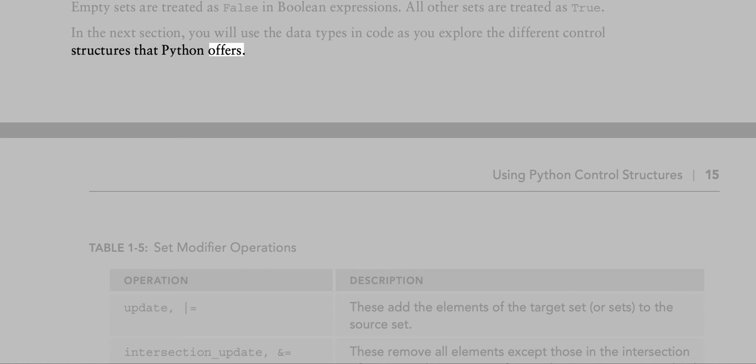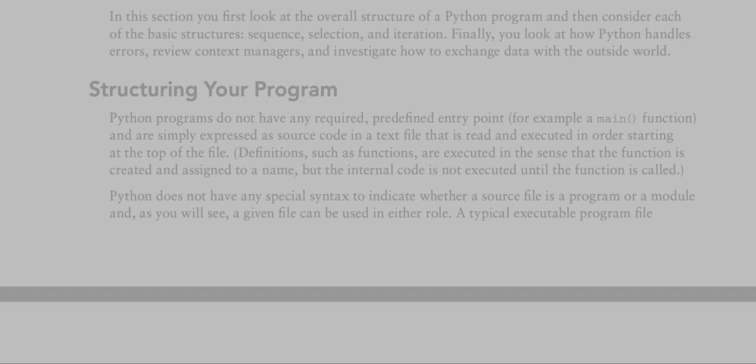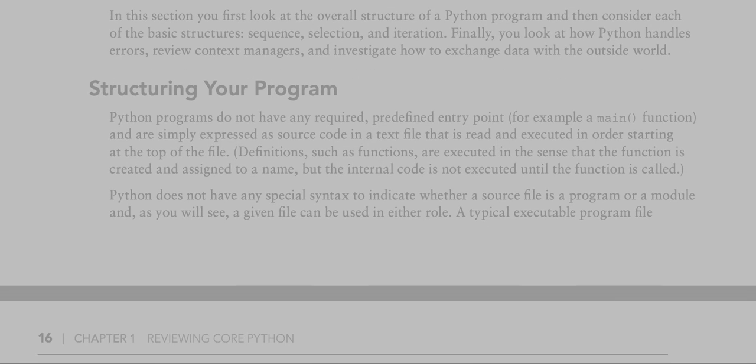Python offers. Using Python control structures. In this section you first look at the overall structure of a Python program and then consider each of the basic structures, sequence, selection, and iteration. Finally, you look at how Python handles errors, review context managers, and investigate how to exchange data with the outside